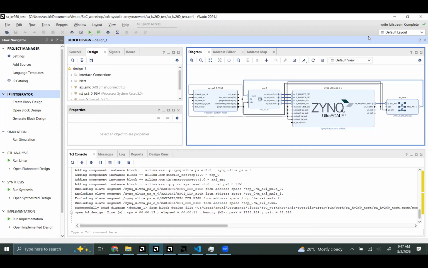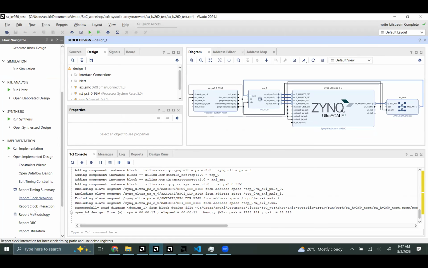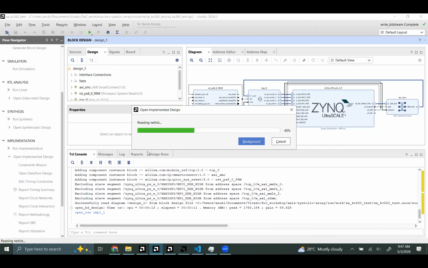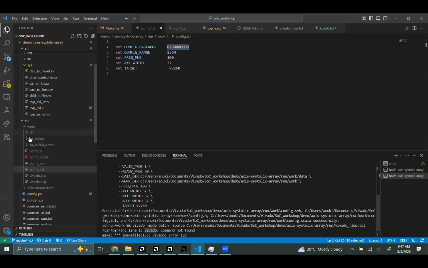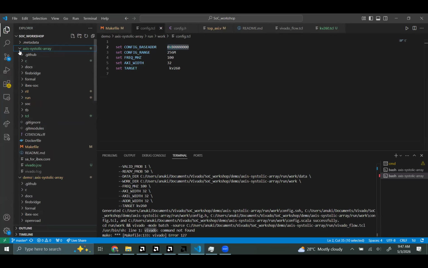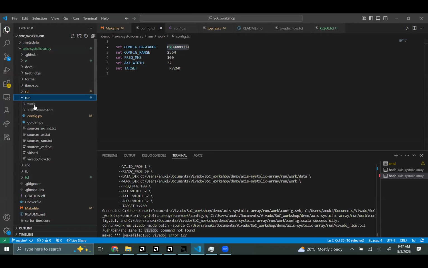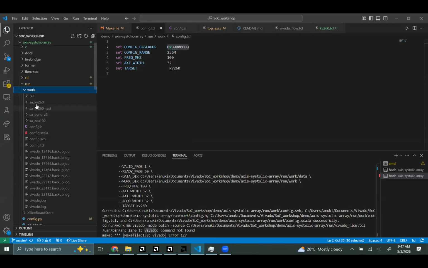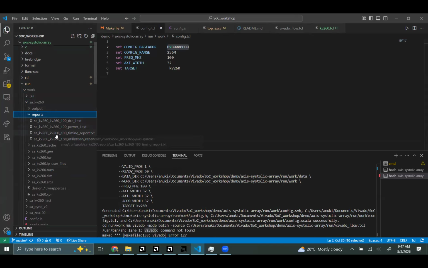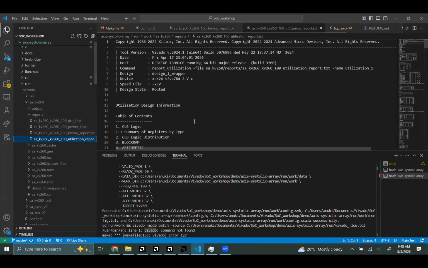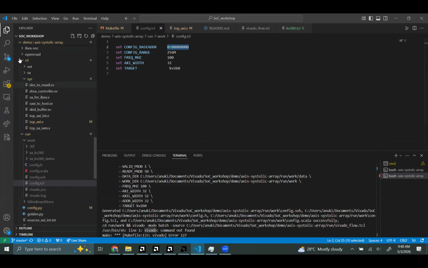I have another project that I made earlier where write bitstream is complete. So if you want to check the resource utilization or something, you can do it from here. In the automated TCL flow, it has another part to generate the reports, and it will appear in reports here. When you are using the GUI, you can just open the